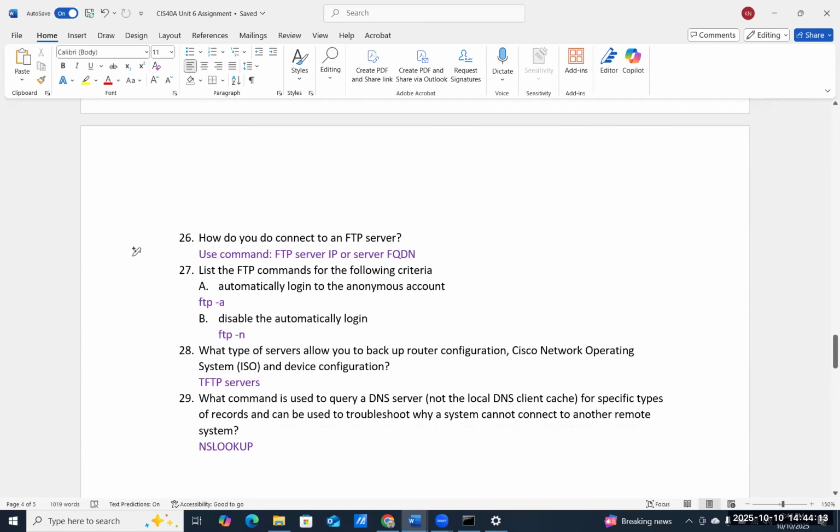Okay, for 28, what type of servers allows you to back up router configuration, Cisco network operating systems, and device configuration? You would use a form of FTP server. This is known as a trivial FTP server. It's mostly retaining configuration. You know how when you set up your router at home, it asks you if you